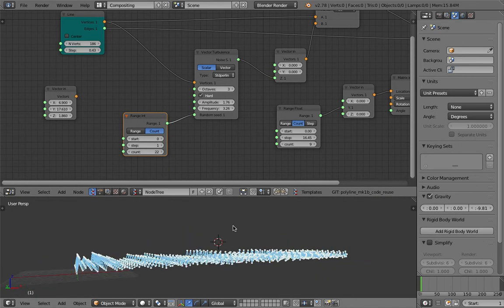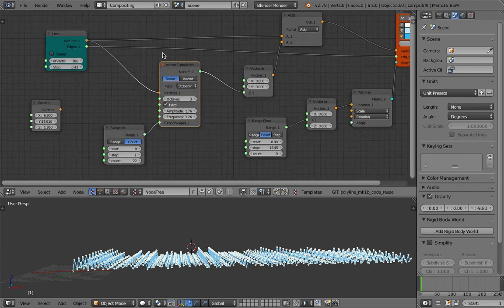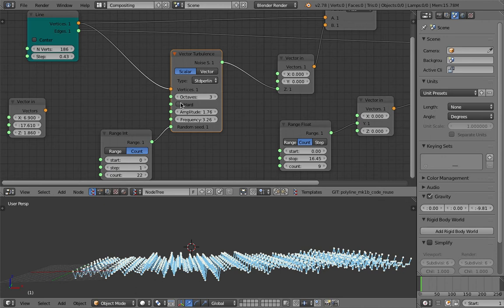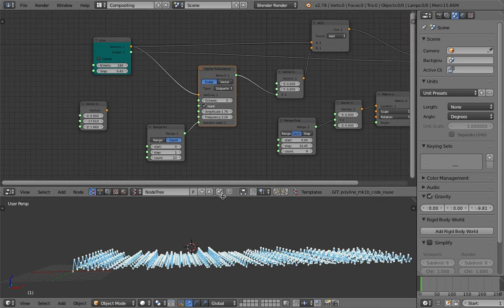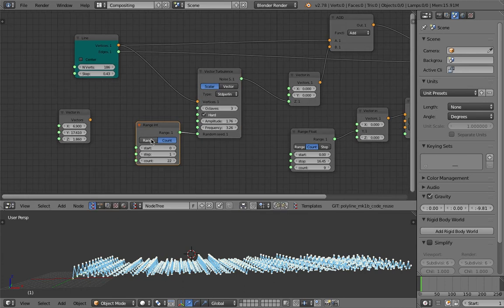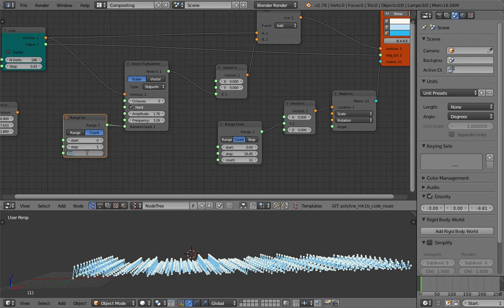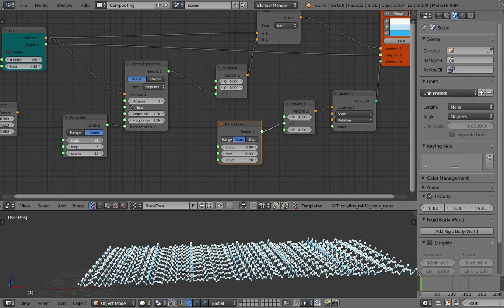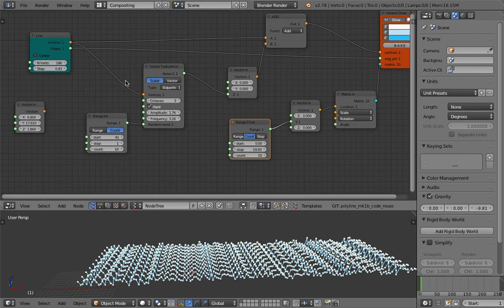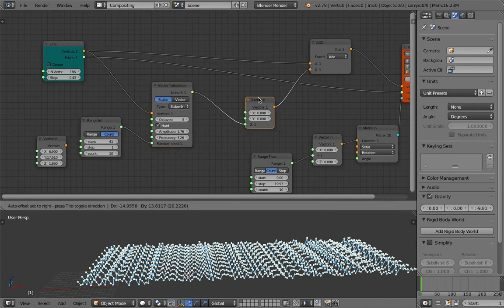noise, unless I'm wrong. This vector turbulence might not have the vectorization happening yet. Maybe I'm wrong, so I don't know yet. So let's say I have 10, and this one is 10 as well. And if I change the seed, okay, that's changing. Okay, I think the vector turbulence might not have the